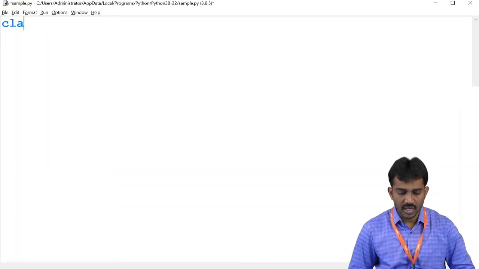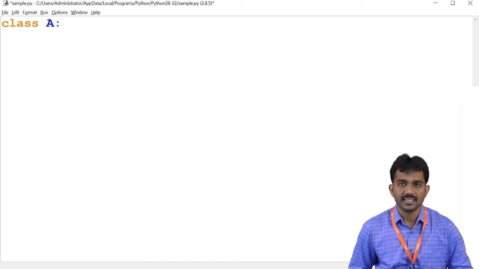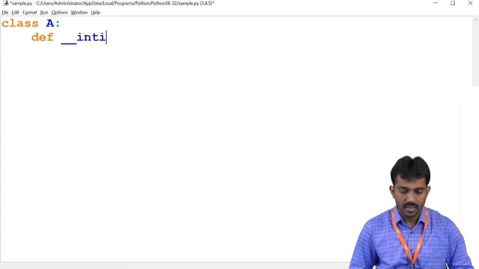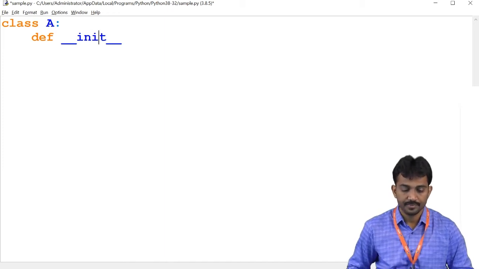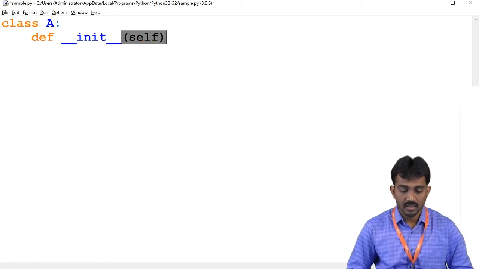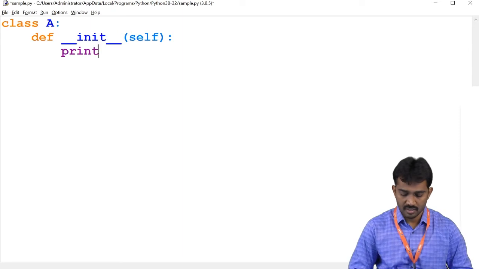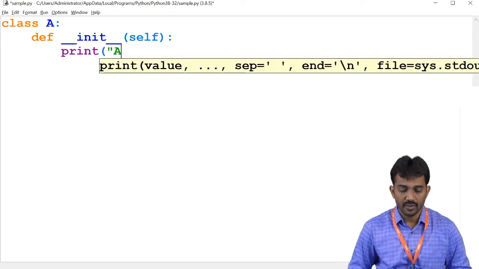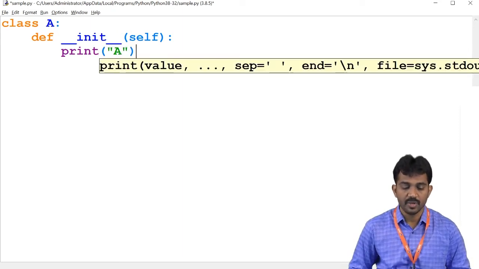For example, here I am going to create a class A. def __init__(self), print "I am from A, this constructor is from A".